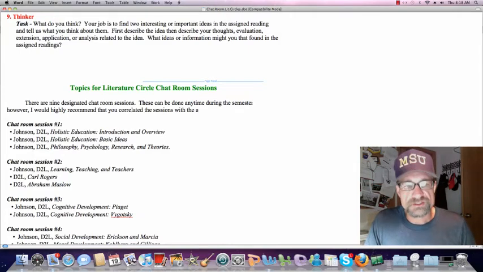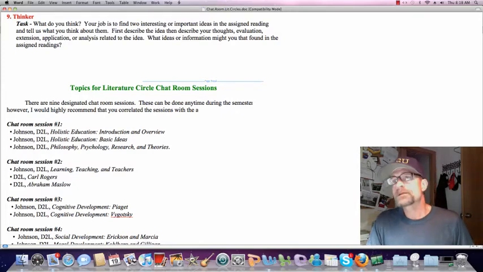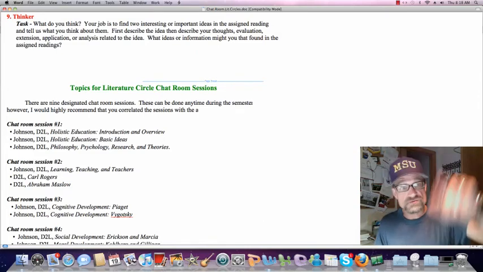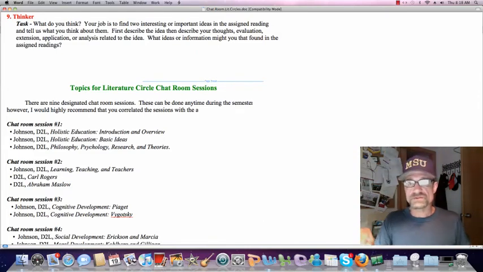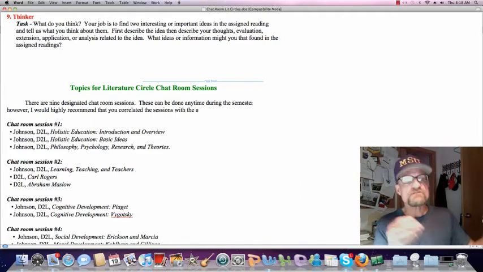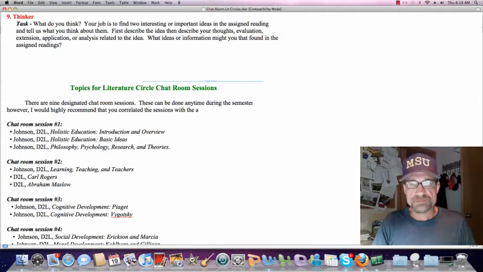At the end of the session, we have a different type of chat room related to your diversity field experience. That's totally different. But for now, remember, chat room, synchronicity. You'll have a discussion group with your chat room people in it and your chat room group. Use the discussion group to find a time in which all can show up and then meet in the chat room. If you have any questions, in D2L under discussion, there is a discussion section.